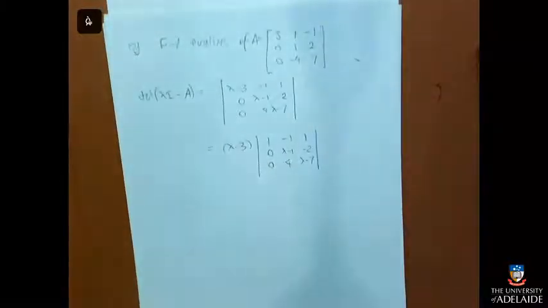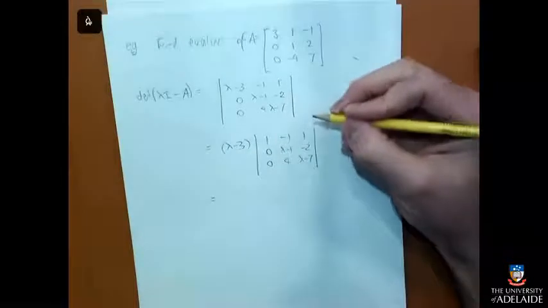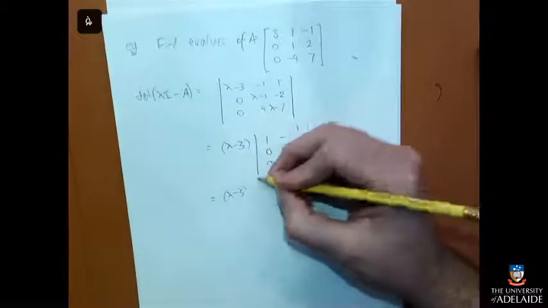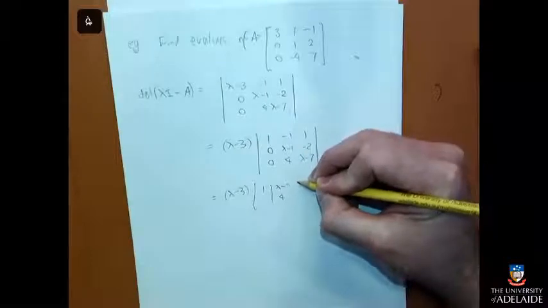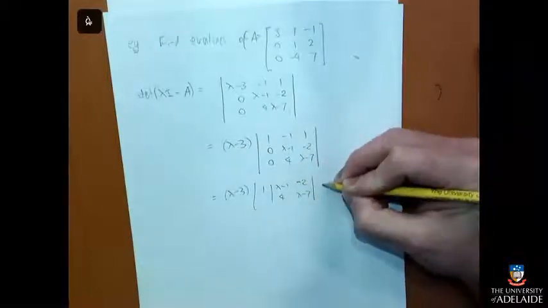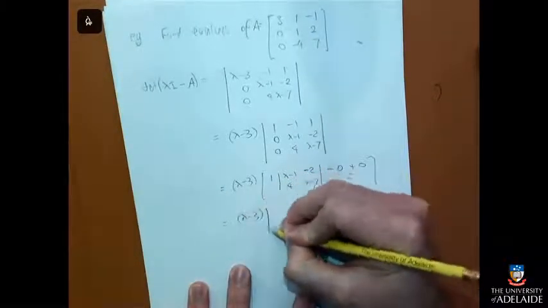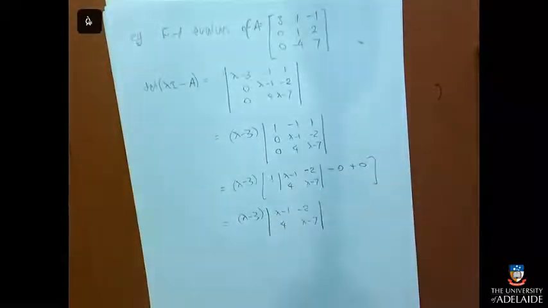So that was fun. Excellent. So you'll notice that I can now use that first column to multiply my determinant out without having to worry about most of the rest of the matrix. So it'll be 1 times this determinant minus 0 plus 0. Okay, now that's a 2 by 2 determinant, so I could just expand it out.